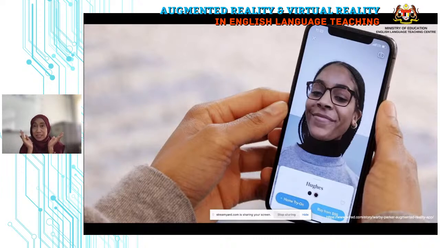So they can just make a choice without physically coming to the store and physically selecting the frames. So now people's life is getting easier, you see. People use augmented reality to do that kind of thing, especially in marketing and whatnot. But it is life anyway, especially when it comes to buying frames. Before this, we had to go to the shop, try one by one, and then we get a headache because of trying frames one after another.